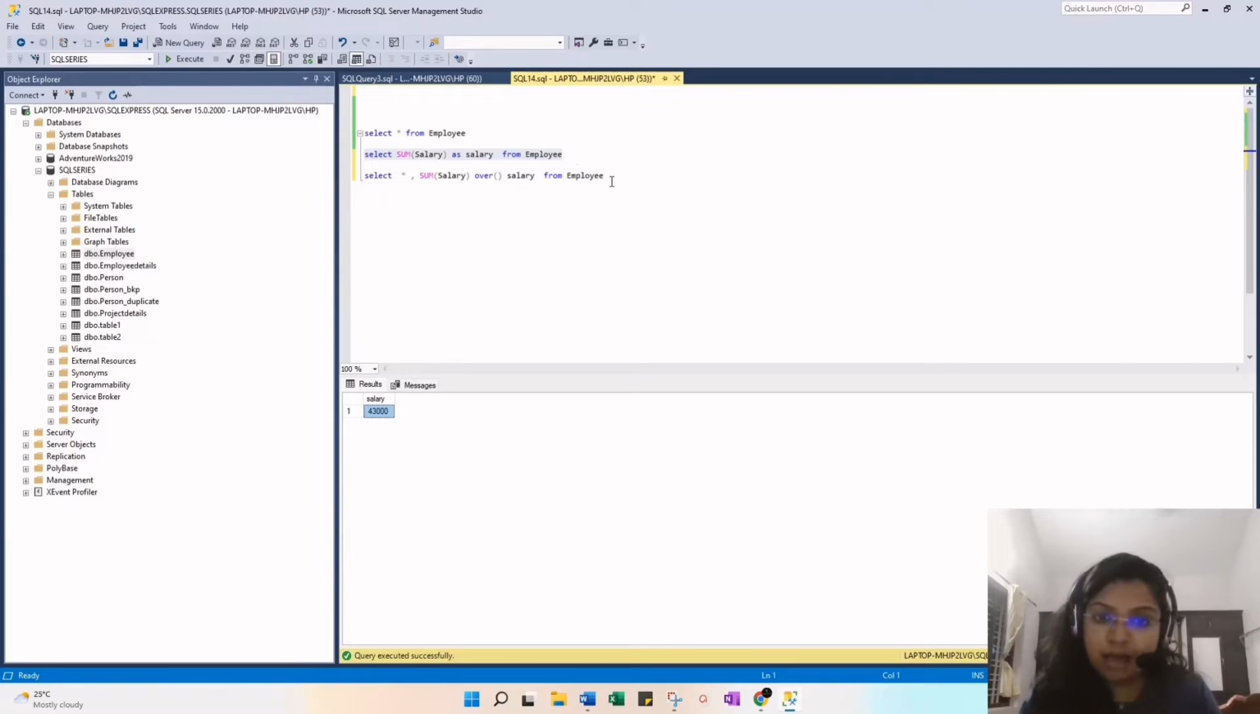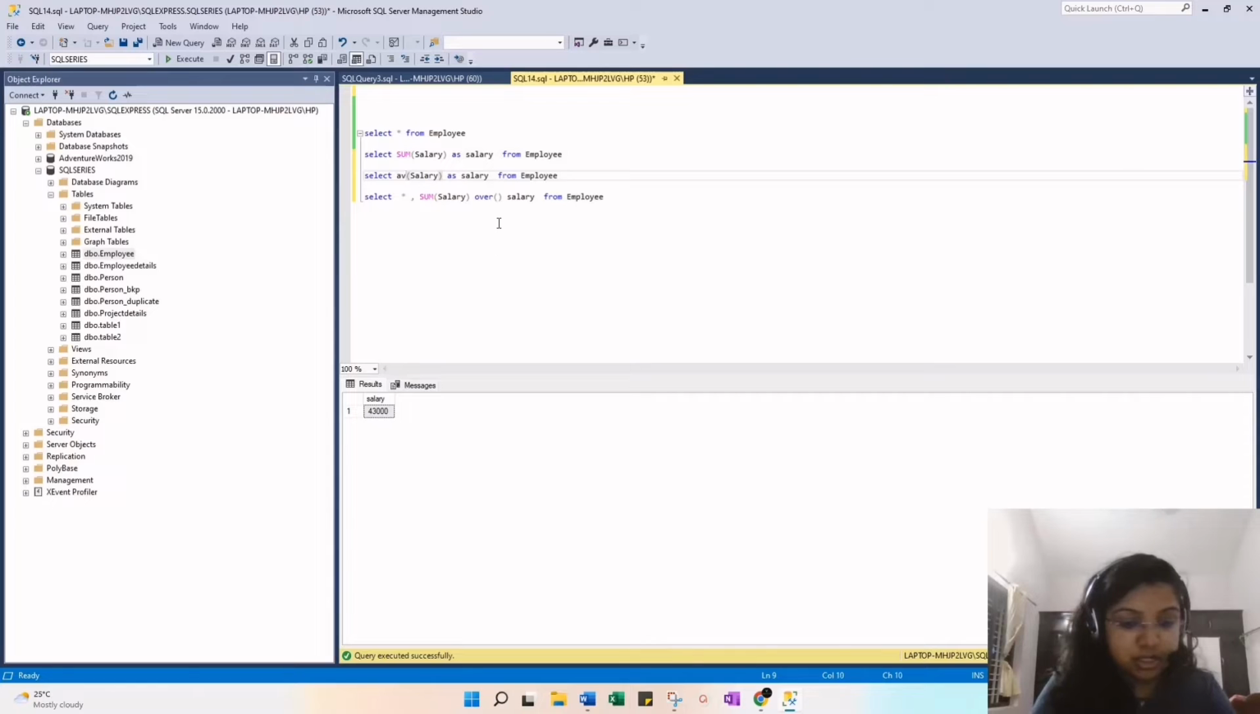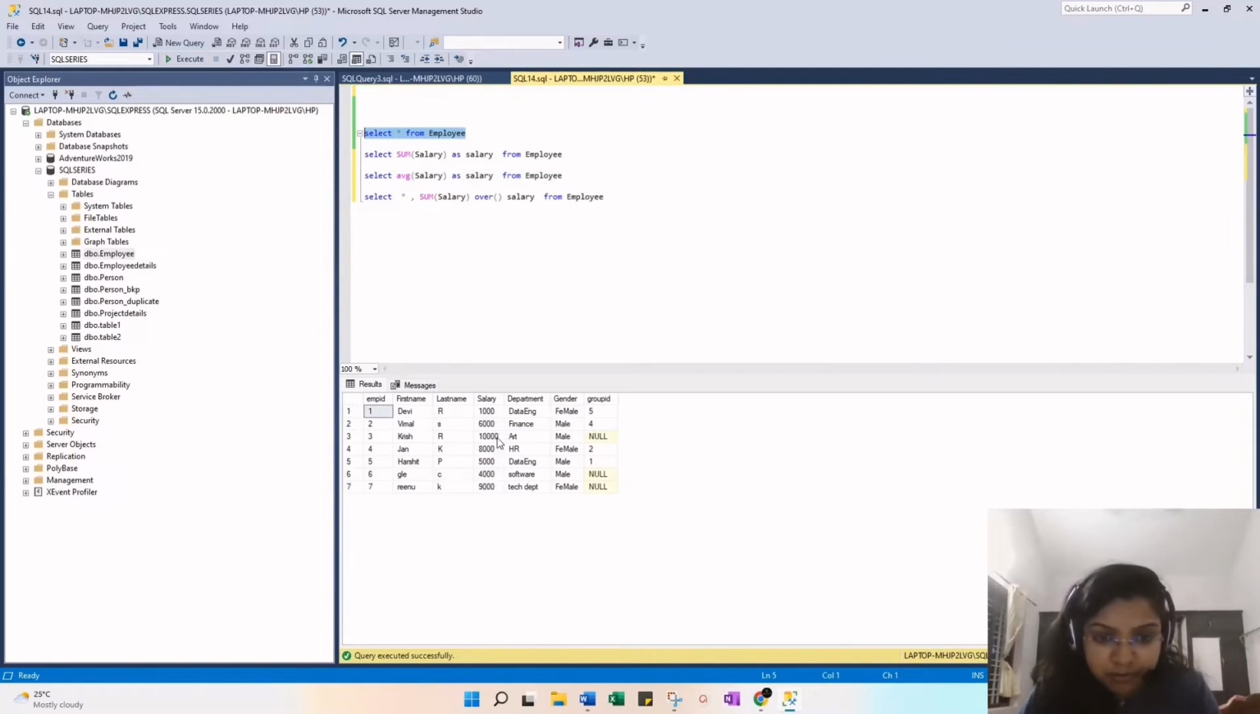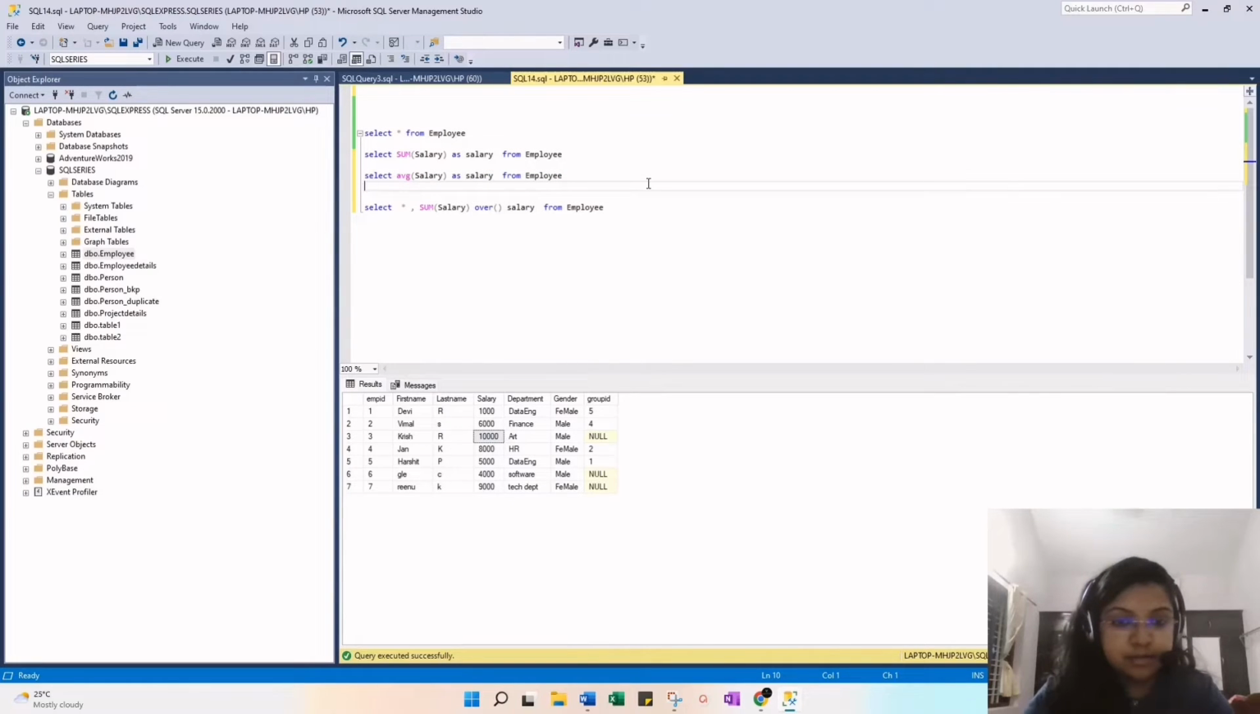If I want the average person's salary, if anyone asks for the average salary, what do I do? I will use average, right? So that I can do when I want the average. This is the average one, and I need the maximum one. When you look at this, the maximum one will be this one, right? 10,000. So if I use the max command, I will get